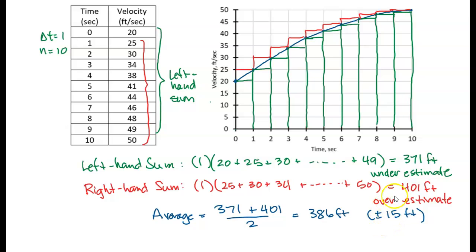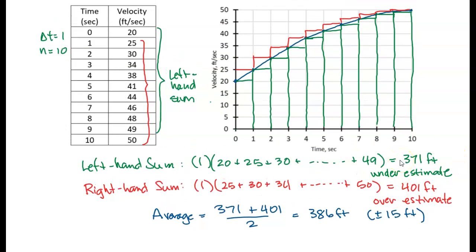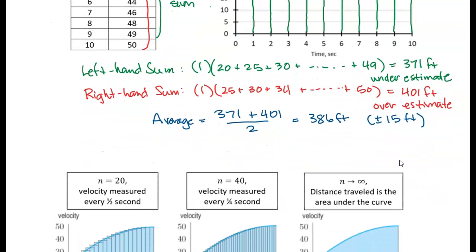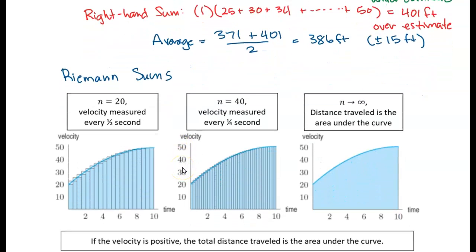All right. So now these right and left-hand sums are called Riemann sums. These are called Riemann sums, and they are the basis for the integral, which is what we're going to talk about in the next section. So these are Riemann sums, and I'll write that down. Riemann, M-A-N-N, sums. And the idea is that if we sample data more and more frequently, we break